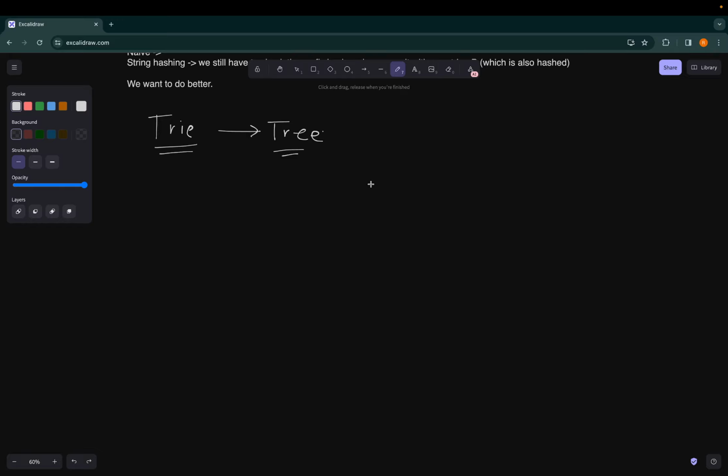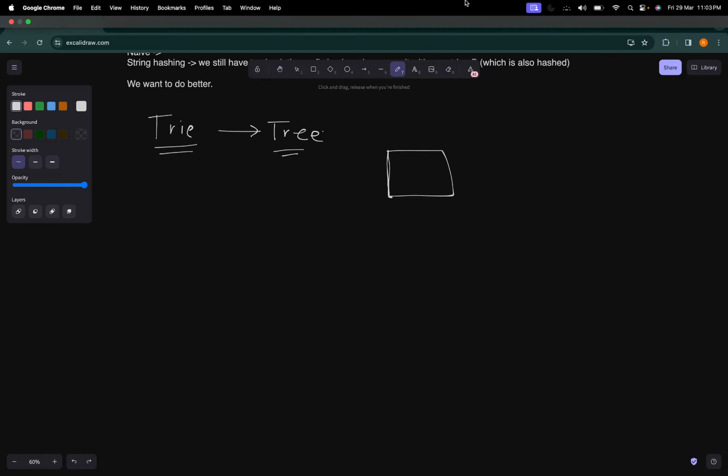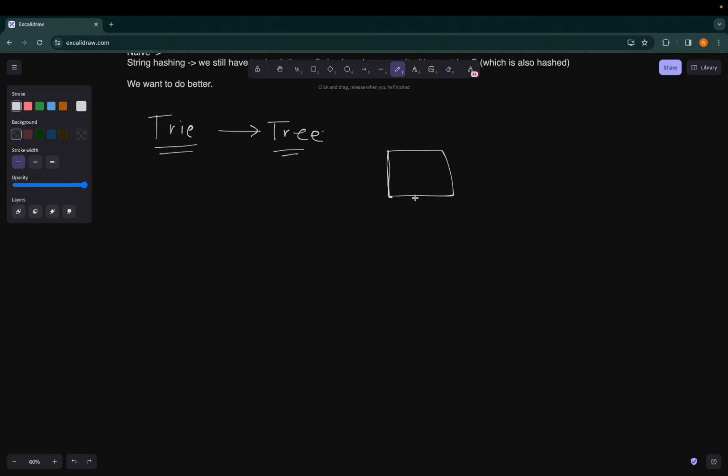It is acyclic by nature, and that's basically a tree. So trie is a tree, and so as a tree contains a root, a trie also contains a root. Let's say this is the root of the trie, and now